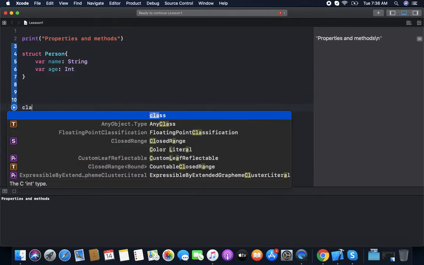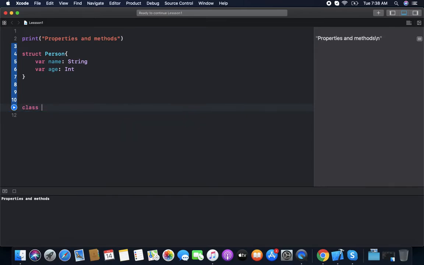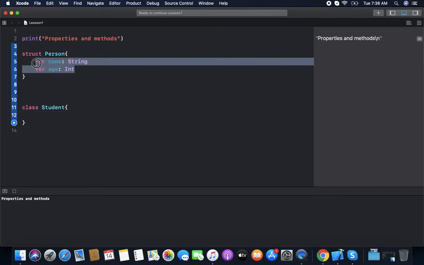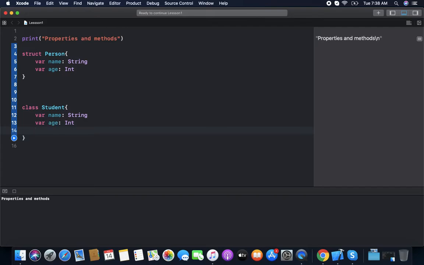Now we have a class Student. It should have the same properties: name, age, and school.